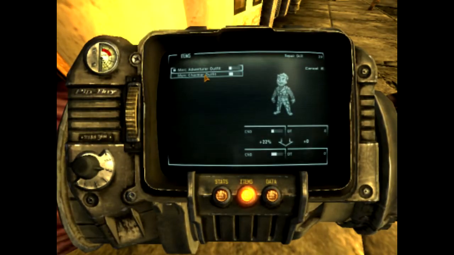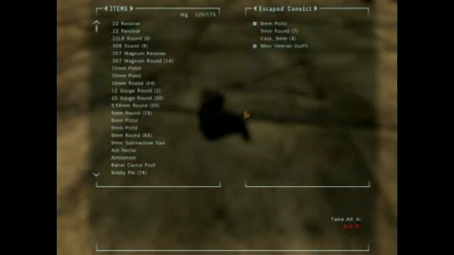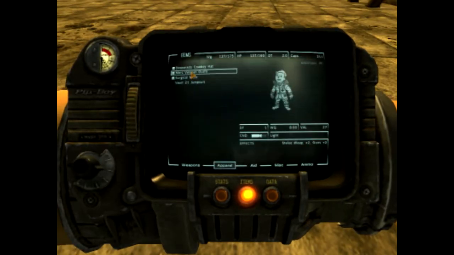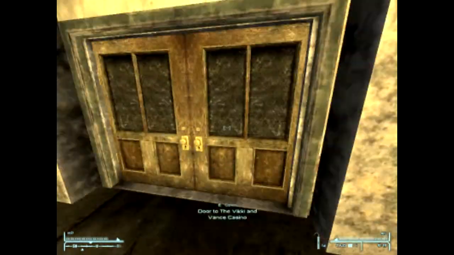I switched my outfit to the veteran outfit there, just because I think it looks a little bit nicer. I think they have the same stats and stuff. Oh, this one doesn't have a varmint rifle, but some of them inside do, I know. So, yep, there we go. So, inside you can talk to